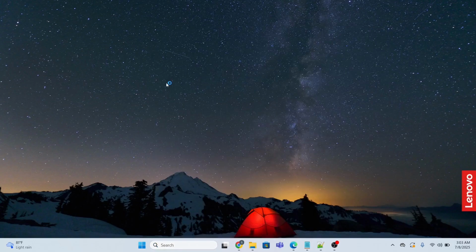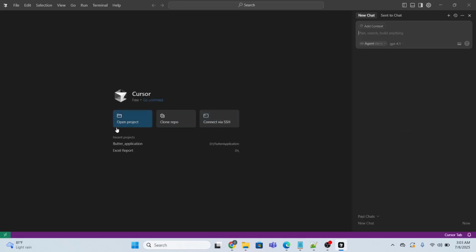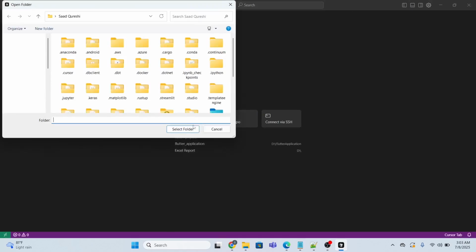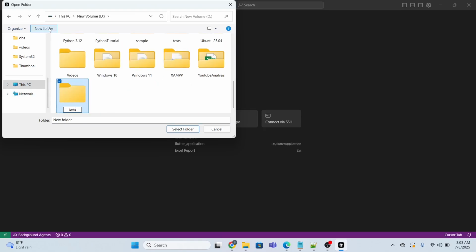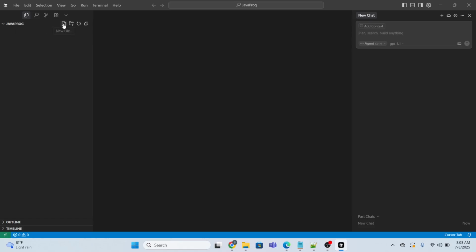So I will open this application, and after that I will create a Java program. But before that, I need to open a folder. In order to open a folder, what I need to do is just go to open project, and I will go to my D directory, and I will name this folder Java program, and let me just select folder, and inside this folder I will create a Java file, and I will name this file